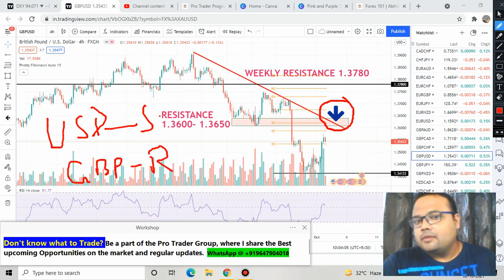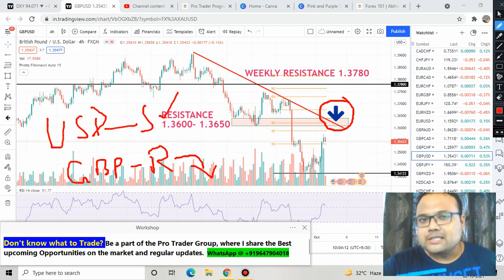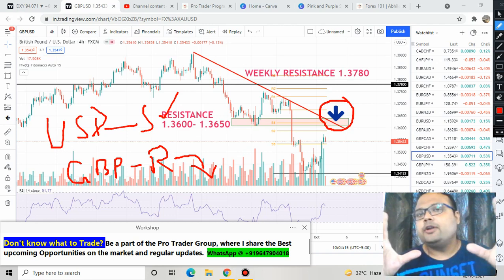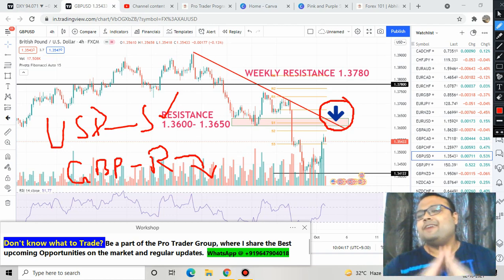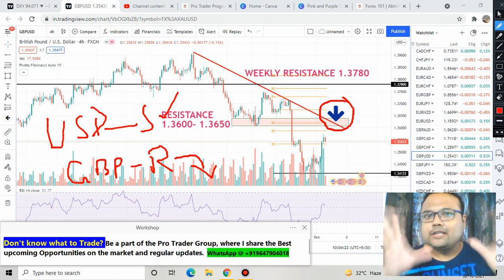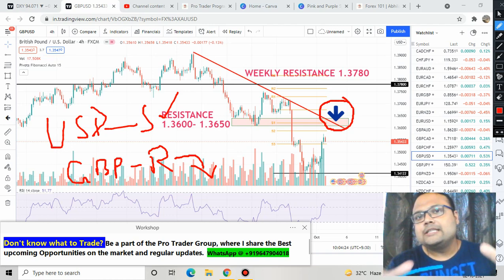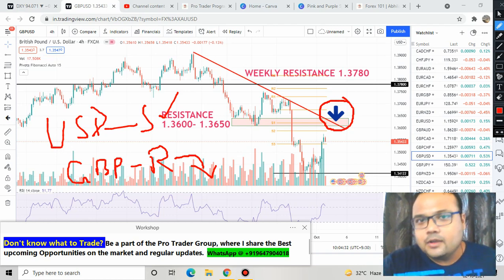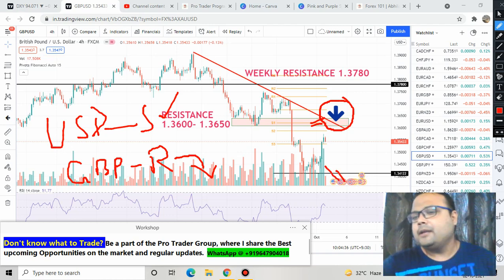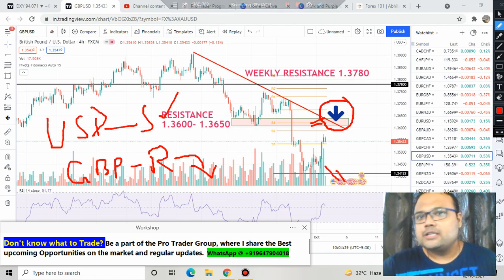So if dollar bounces from the support, then definitely GBPUSD will be coming down from the resistance. So if we get that opportunity on the market, then it will be a very smooth trade for us. If dollar is at support and GBP at resistance, and both have double resistance and double support, that will be a great movement. Let's see what the market does on Monday. Just keep in mind, only trade here or here, and I'll be coming down on Monday again, and I'll share what should be our next strategy.